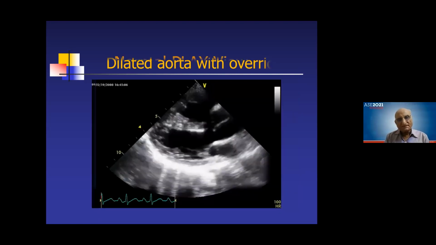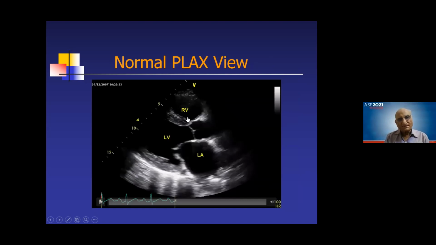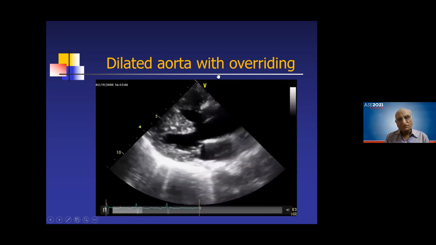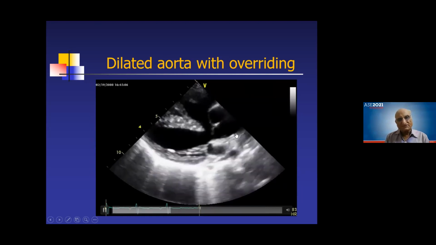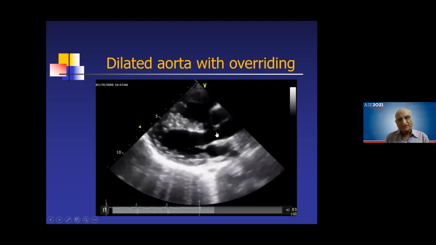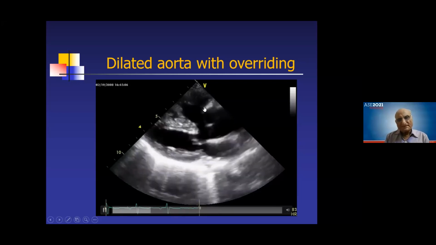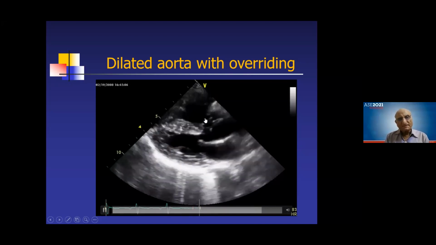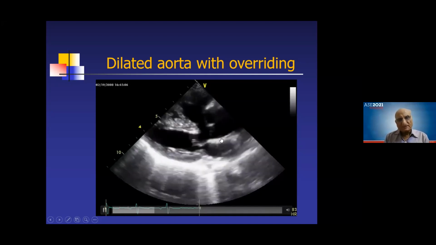To show you again, here you see there is no aortic override. There is just one connection between the aorta and the septum, and here you see that this is an aortic override and the aorta is dilated. So you can see two lesions in a parasternal long axis view. You see a ventricular septal defect and an aortic override, which you'll see repeatedly in these cases also. Now, these are seen in many situations, but we are discussing mainly the Fallots also. And your image should be so perfect that you don't create an aortic override. So these are the two things.